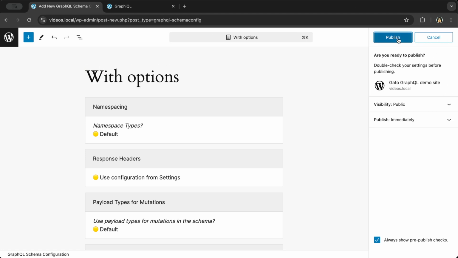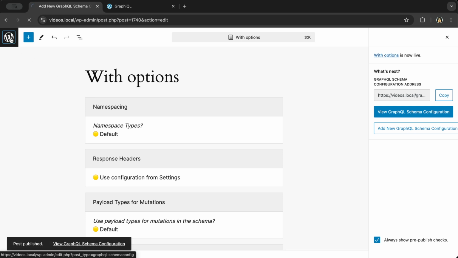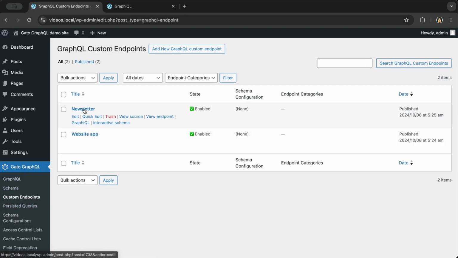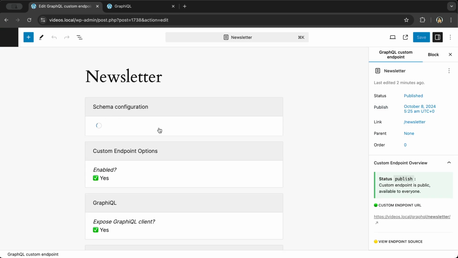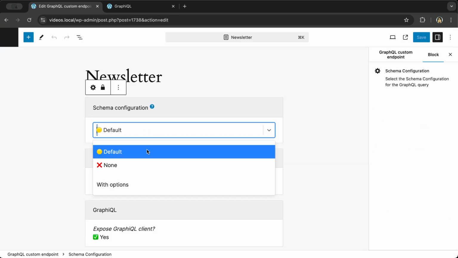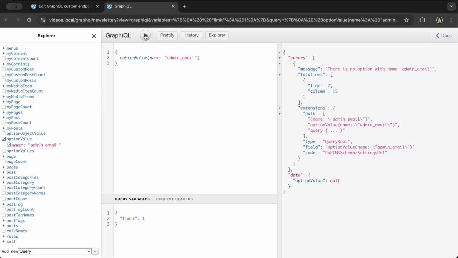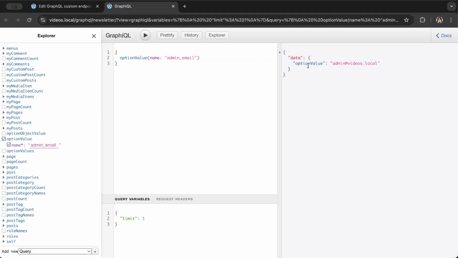We publish this schema configuration. Now we go back to the newsletter, and we select this schema configuration with options that we create, save. And now when we run this query again, now this is accessible. So now we are banning accessing the admin email on all endpoints, and on this custom endpoint, it is still